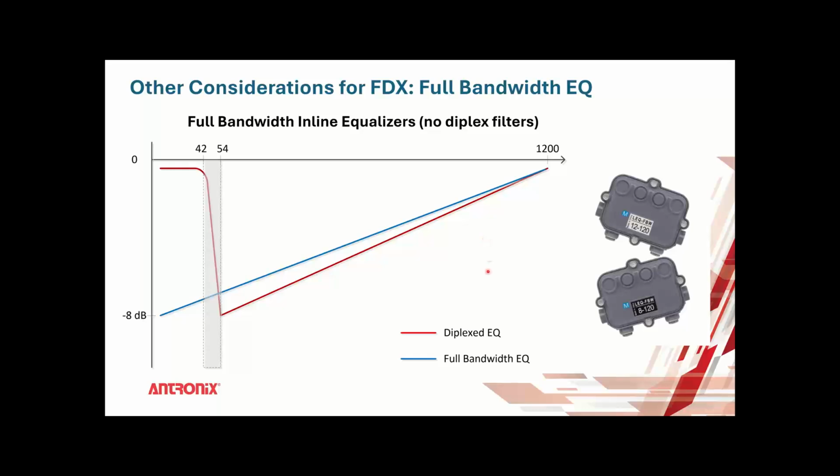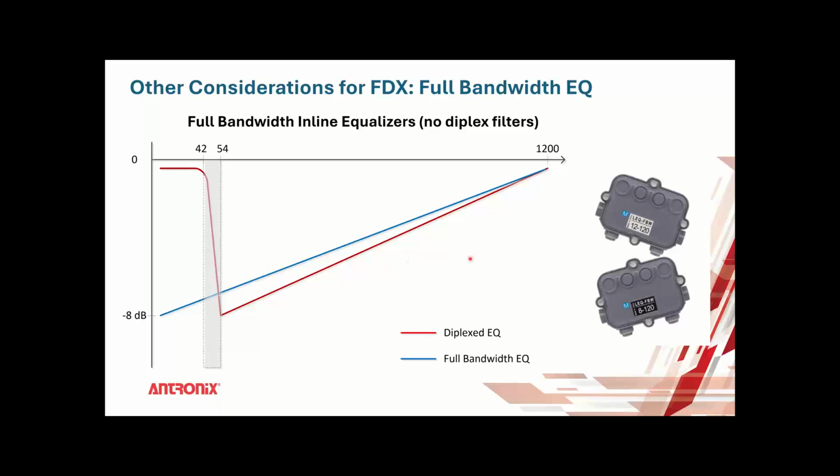So there's devices called inline equalizers. This is the frequency response of an inline equalizer in the downstream. It's supposed to equalize the downstream. It has an upward slope because cable has this downward slope. And as you add the two together, you get a flat response. So you would put a specific equalizer to equalize any type of downward slope, so you get a flat response